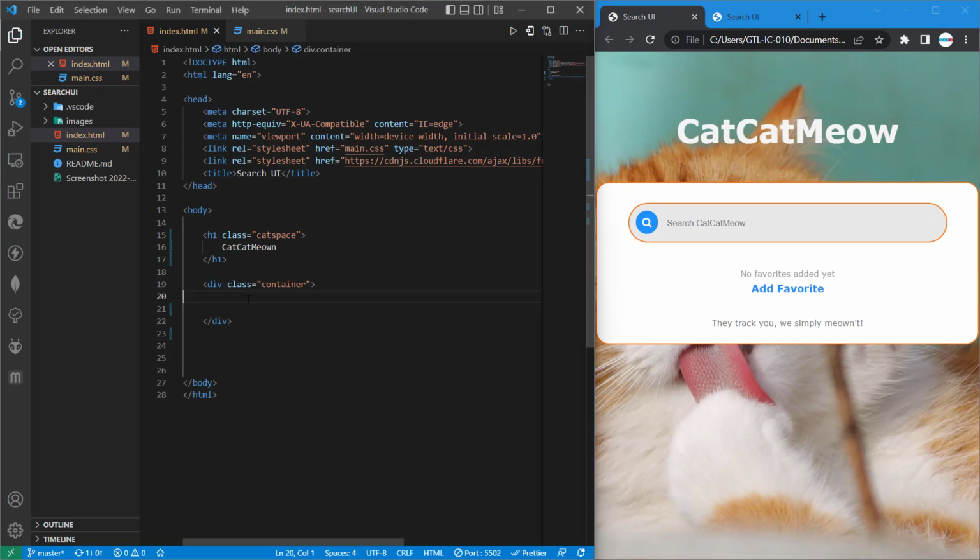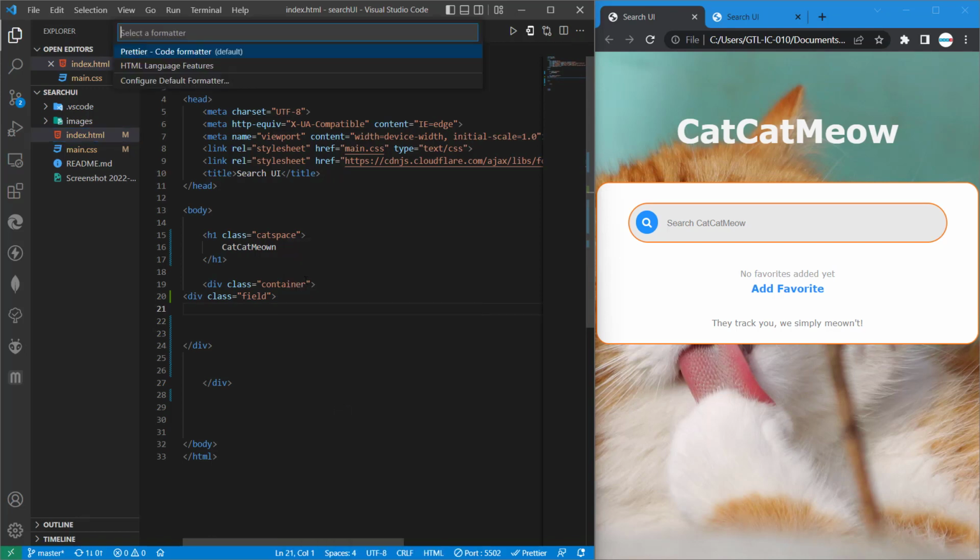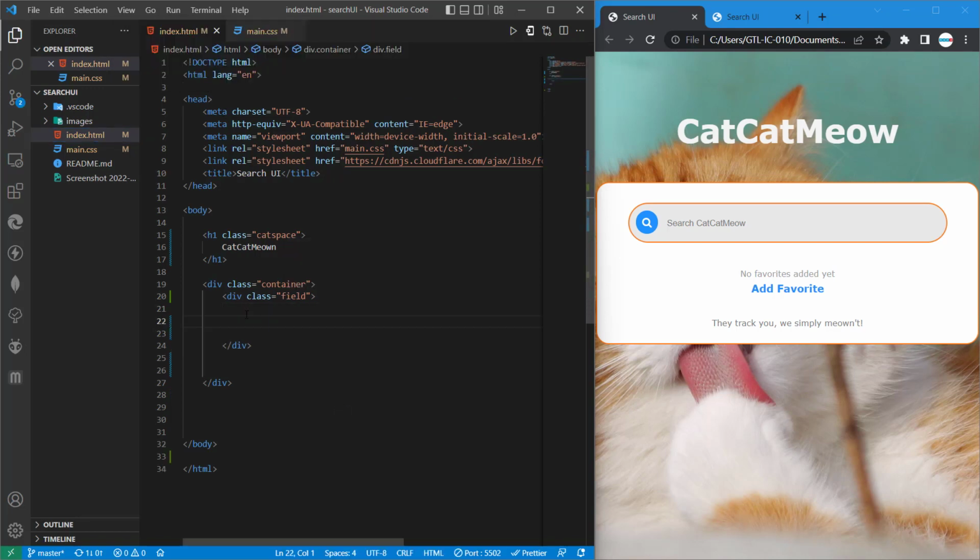So inside it, I'm going to type div dot, and I'm going to call it field. Is that the spelling of field? Okay, let me format it also. So div.field is going to hold our